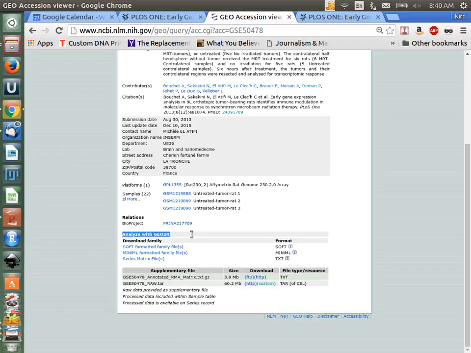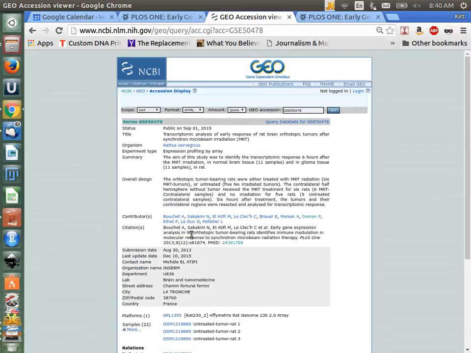there's this thing that says analyze with GEO2R. So this is a really cool tool. There are several R packages that allow you to directly interact with GEO databases, called GEOquery and limma. And limma is the one that allows you to do the back-end statistical analysis of comparing. Actually, that's specific for microarray data. So actually, if you go up,